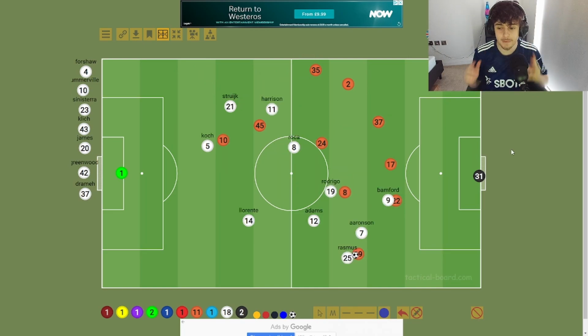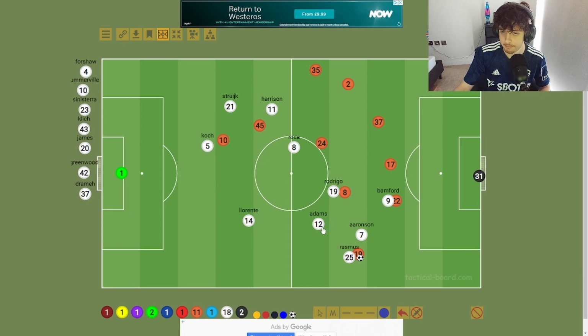Then maybe about a minute later, we've got the ball up in this position. But I think we lost the ball up here, and they played the ball in around this area. And as you can see, that is Gineppo. We've got Erasmus on him, Aronson on him, Rodrigo on him, Bamford on him, Adams on him. The initiative is there already. And we're talking about the press, and I'm not going to show hundreds of examples because you already know about it. I'm just showing how repetitive it is and how this system is ingrained in the players' minds.